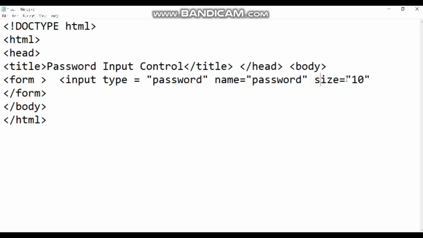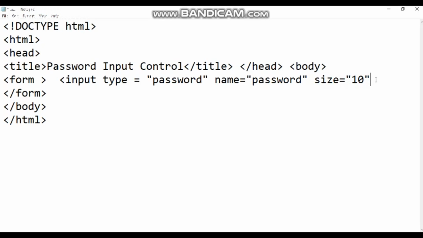see, the user may enter any number of characters in the text box. If the user enters more than 10 characters, the server will not process more than 10 characters; it just takes only these 10 characters. So the contents of the text box will not be displayed if there are more than 10 characters. That is the main control of this size attribute of the input tag. So followed by this,